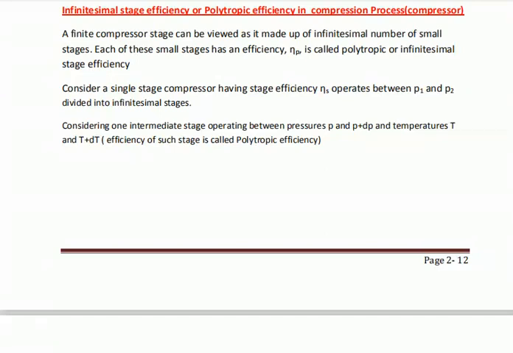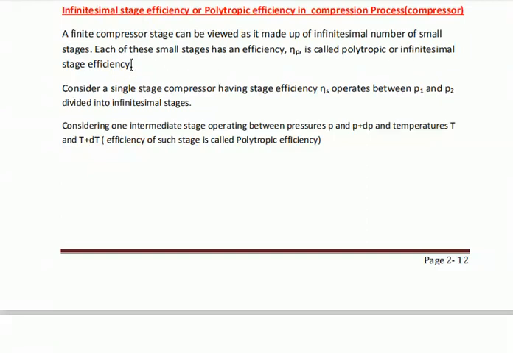A finite compressor stage can be viewed as being made up of an infinitesimal number of small stages. If you take one compressor, that is a finite stage compressor, where finite is nothing but countable stages. In that, we have to divide each stage again into an infinitesimal number of small stages. Each of these small stages has an efficiency eta p, which is called the polytropic efficiency or